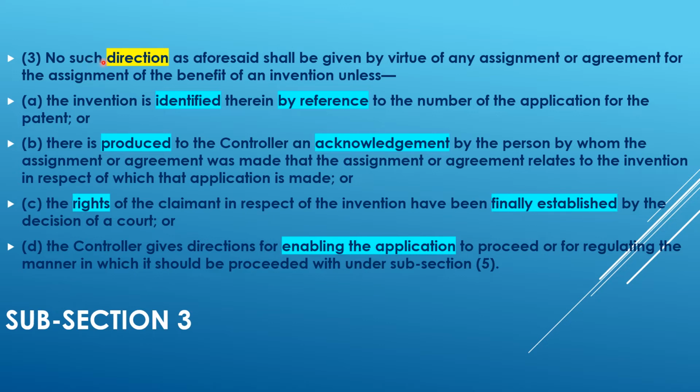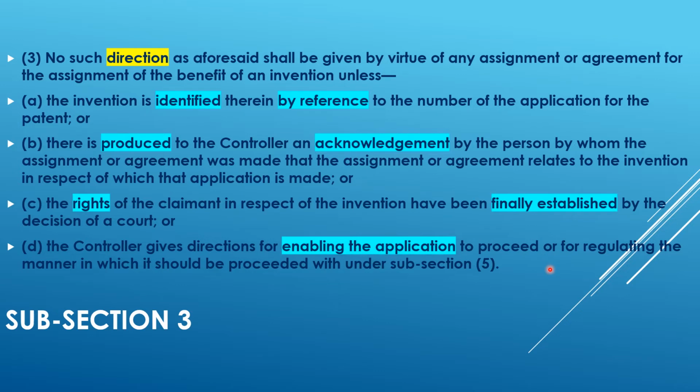Subsection 3 says, no such direction as aforesaid shall be given by virtue of any assignment or agreement for the assignment of the benefit of an invention unless, Clause A, the invention is identified therein by reference to the number of the application for the patent, or Clause B, there is produced to the controller an acknowledgement by the person by whom the assignment or agreement was made that the assignment or agreement relates to the invention in respect of which that application is made, or Clause C, the rights of the claimant in respect of the invention have been finally established by the decision of a court, or Clause D, the controller gives directions for enabling the application to proceed or for regulating the manner in which it should be proceeded with under